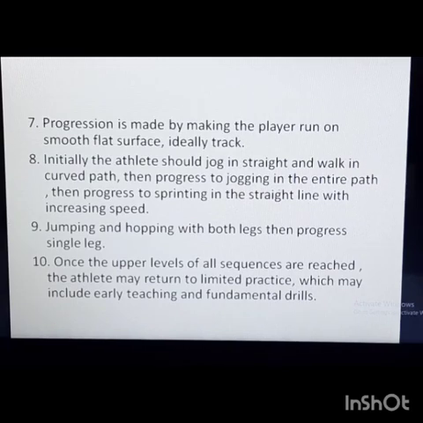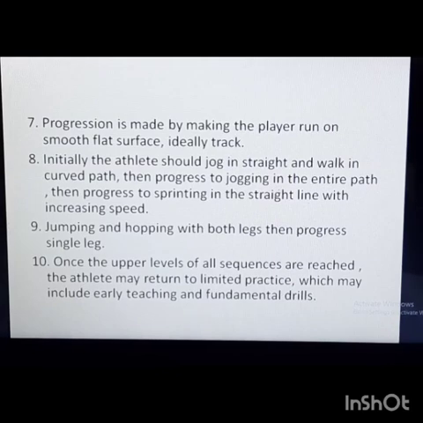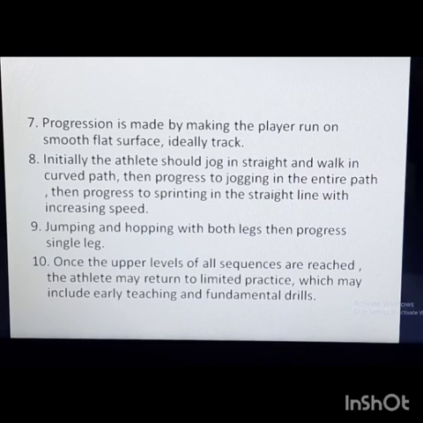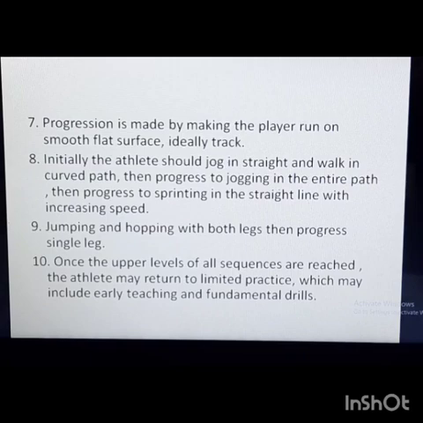Then you increase the duration of his play each day, so that he can absorb the intensity, because your player is coming from a long duration off the field. They are not doing any footballing activity due to injury. They are coming from rehab. So you need to put him in a gradual way, not just immediately from 0 to 100 go and play. No, it should not happen. The chances of re-injury will be very high.